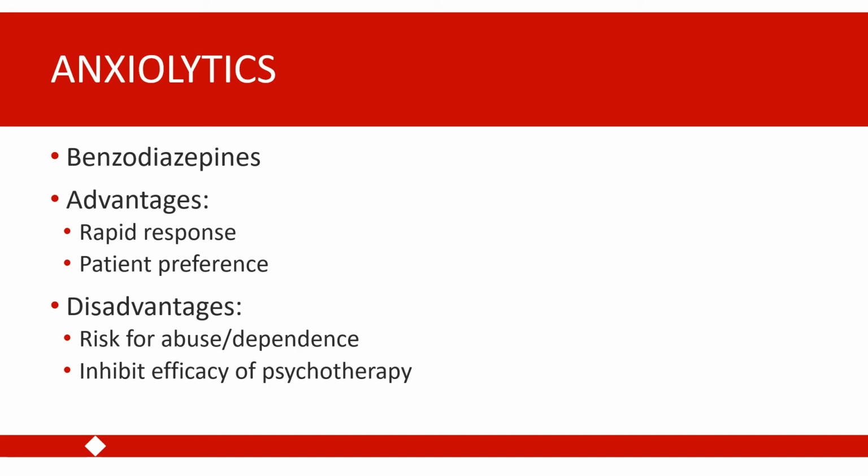Benzodiazepines can also interfere with psychotherapy at a neurological level. So one thing that benzodiazepines do is interfere with the process of long-term potentiation. Long-term potentiation is the process through which changes happen in neurons in the brain, through which learning occurs. And many of our psychotherapy options for anxiety disorders are built on learning principles. So for example, helping extinguish conditioned responses or helping change conditioned associations. And long-term potentiation is the process that makes those learning processes happen.